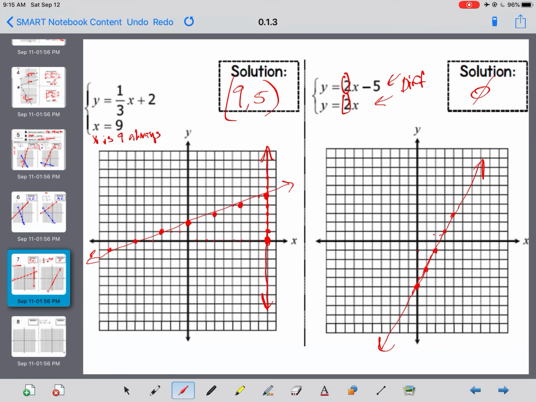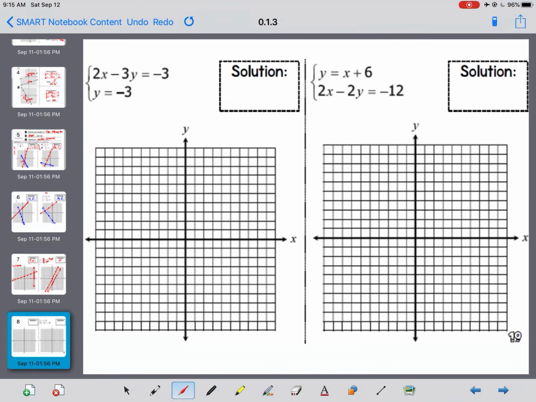And then we also start at, there's nothing back there, so that's like plus 0. So I start at the origin. I go up 2 over 1, up 2 over 1, up 2 over 1, up 2 over 1, down 2, back 1, down 2, back 1, down 2, back 1, down 2, back 1. And the more dots it is, the easier it is to connect the dots and make the lines. They're parallel, no solution. But I saw it early right here. Same slope, different